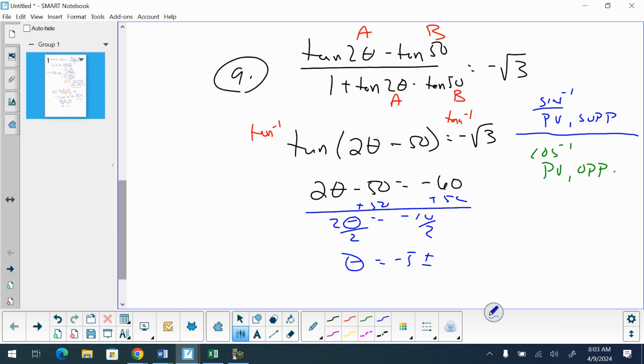So we should have negative 5 plus or minus the period n. Question is, how do we come up with the period? Well, if we take a look at our tangent,